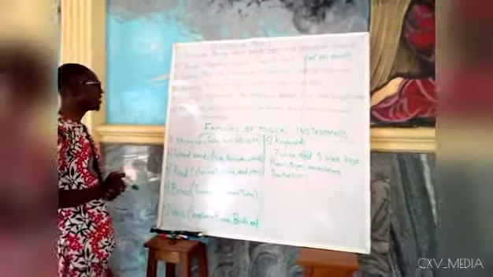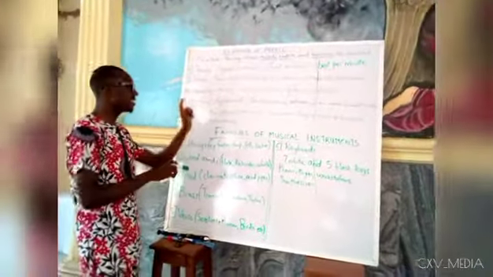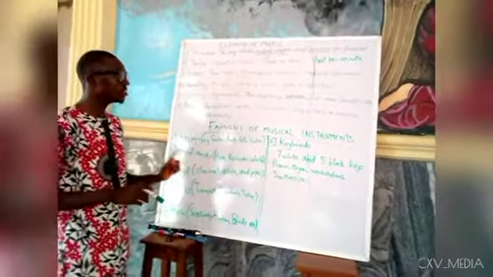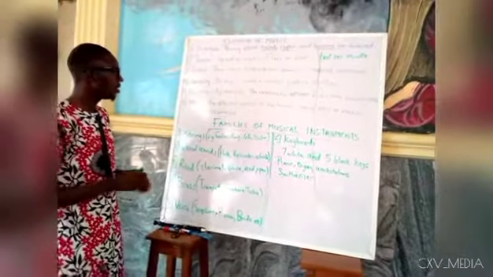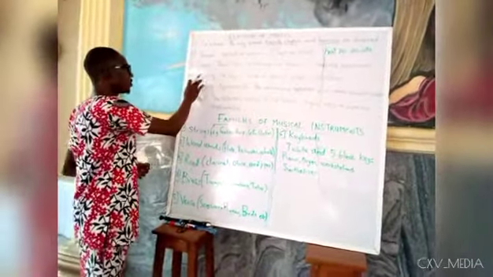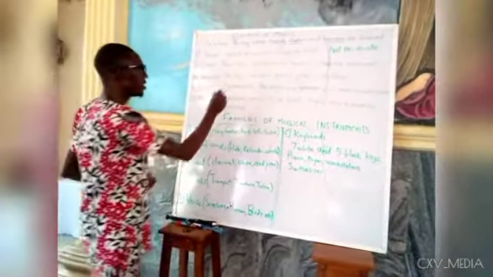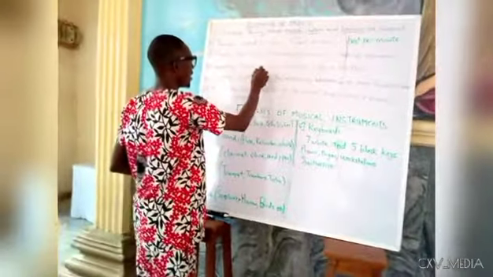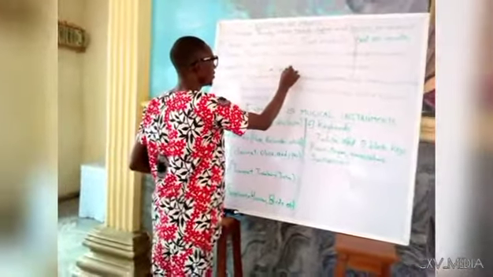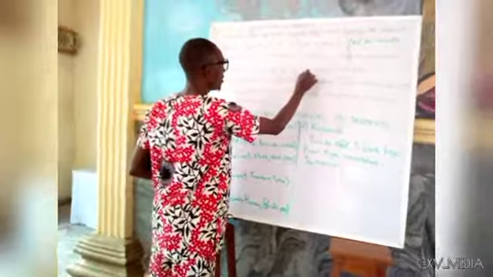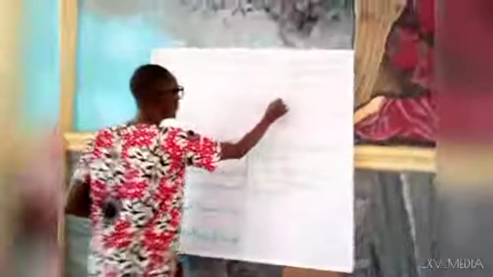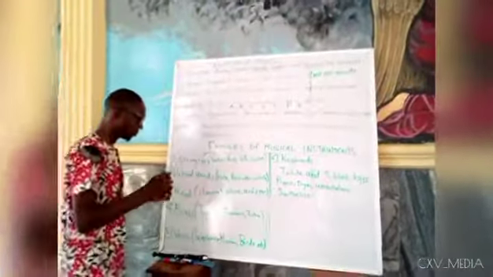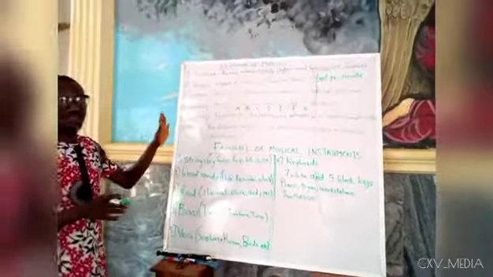Next, element number 10, tonality. Tonality is the key in which a music piece is written. And I won't discuss tonality without mentioning the music keys. The music keys are A, B, C, D, E, F, G, which will also have the accidentals, the sharp, the